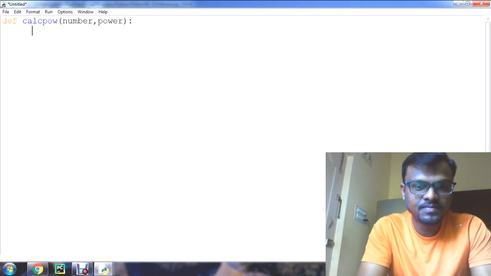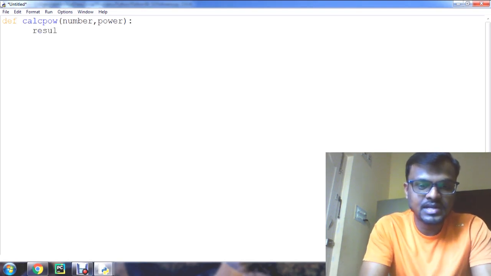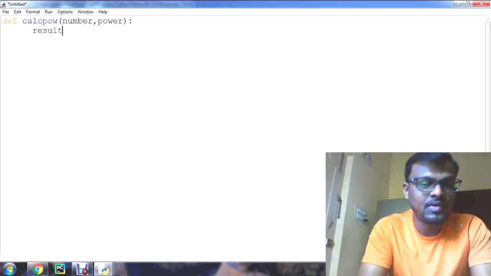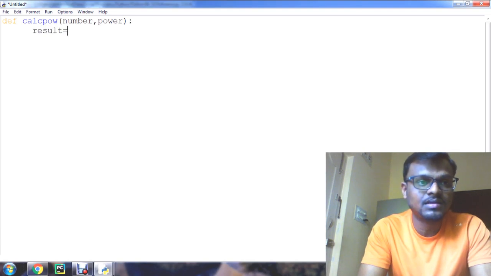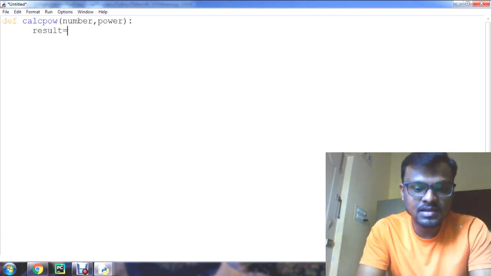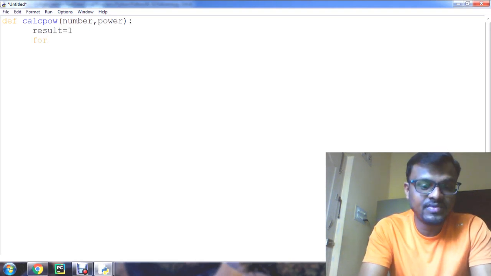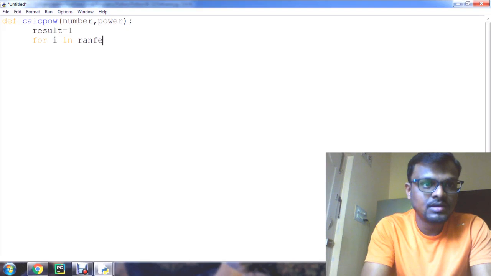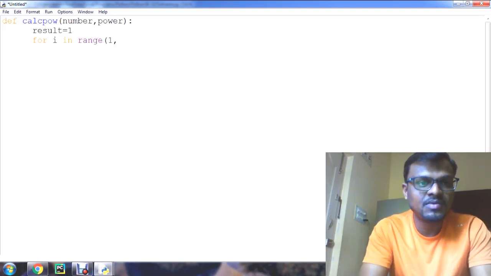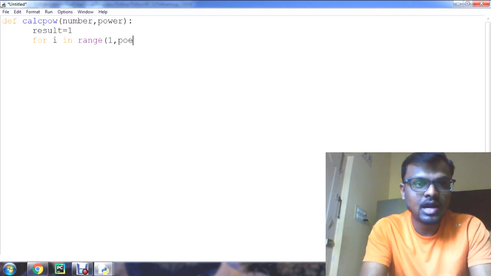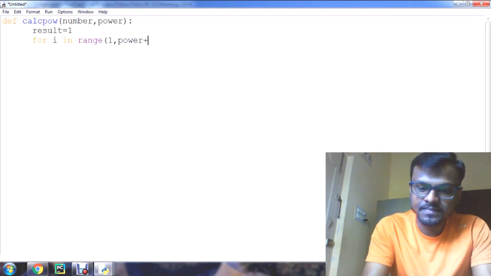After that, I want a result variable. Initially I will keep it as 1, and I will use a for loop, for i in range starting from 1 and up to power plus 1.